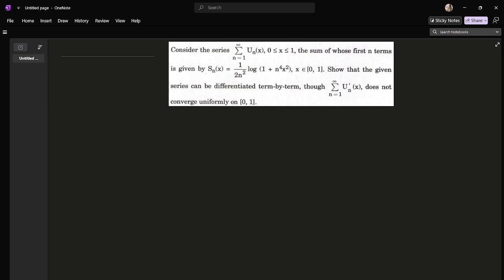Now we are doing a question on sequence and series of functions. The question asks us to consider the series summation n equals 1 to infinity of u_n(x), with x running from 0 to 1, the sum of whose first n terms is given by